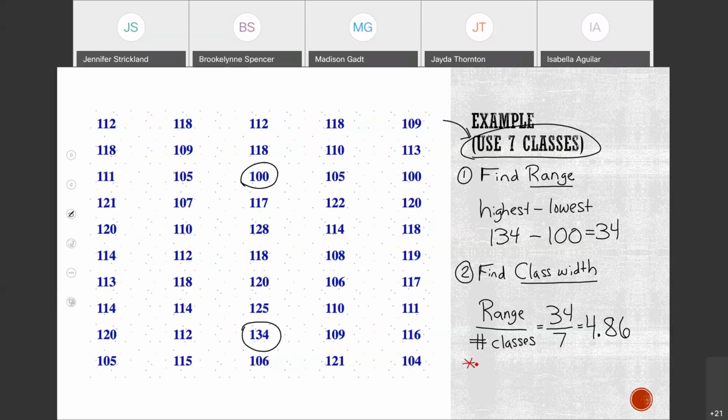So the rule here is that you are going to round this up. Always? Always. Okay, so we're going to round it up. And the best scenario is that you round it up to the next odd number. Okay, so I'm going to write that down. Round up to the next